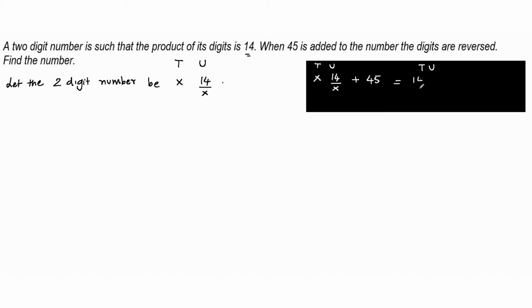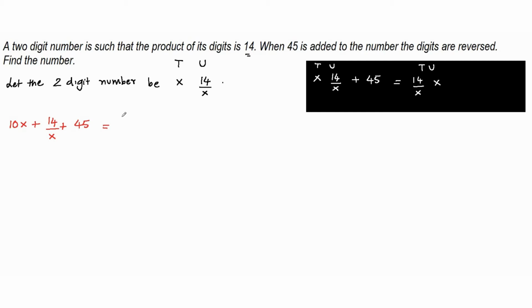That is 14 upon x appears in the tens place and x appears in the units place. So now the actual value of this particular number, x is at tens place, so the value is going to be 10x plus 14 upon x is at the units place, so it is 14 upon x plus 45 is equal to